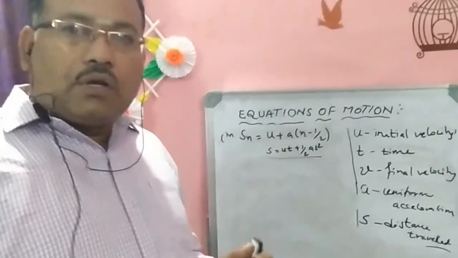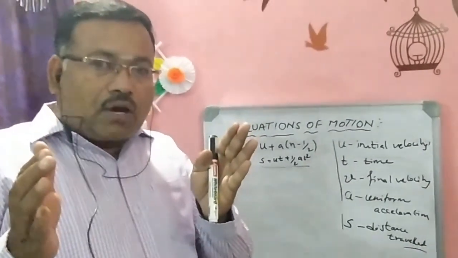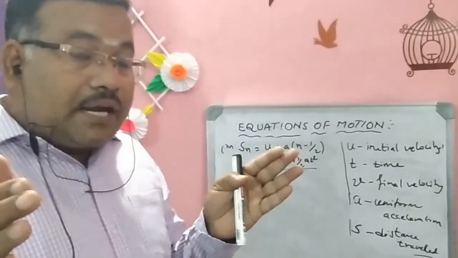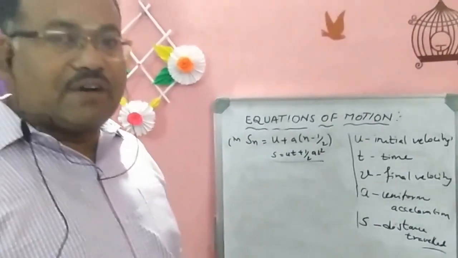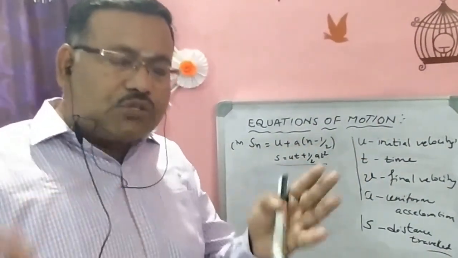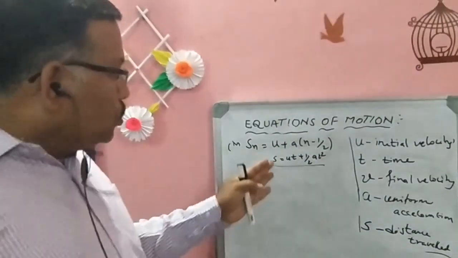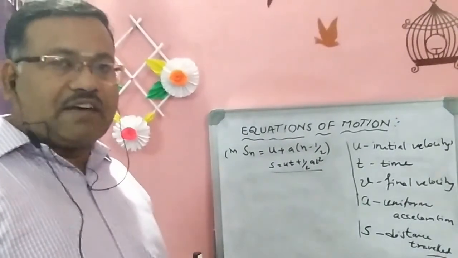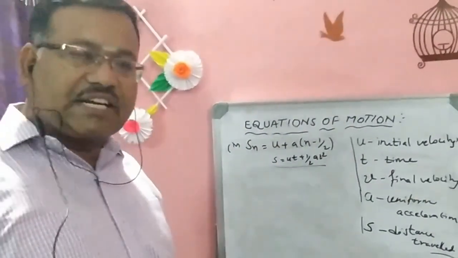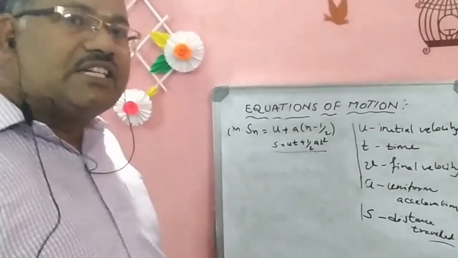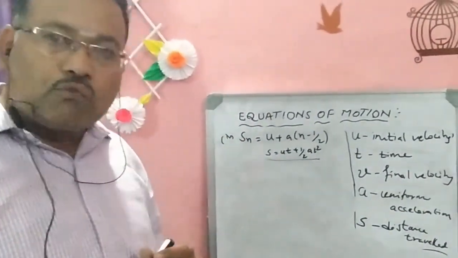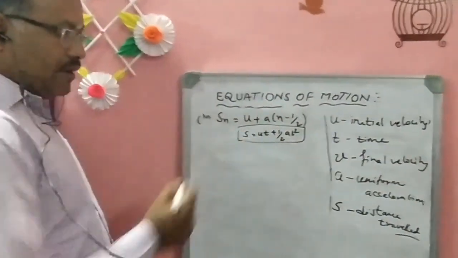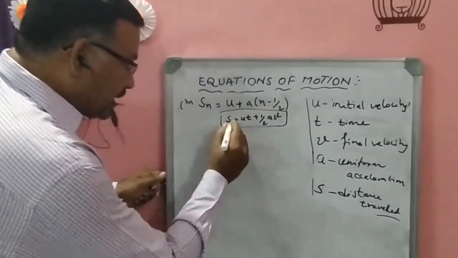Suppose your body is travelling for 20 seconds, it will be a separate value. So what is the value of the distance travelled in the 20th second? It is a different value. What is the difference between these two? So how do we get this nth second formula? That means how much distance it travels in the 20th second, in the 15th second, in that particular second. So what I am doing is reframing this formula.